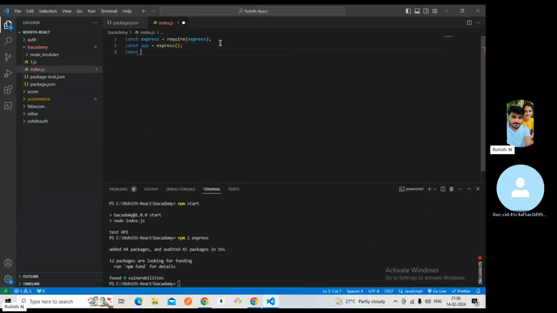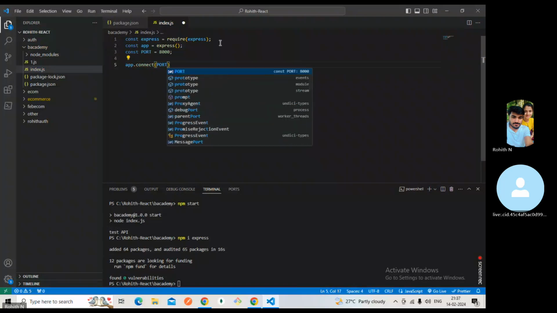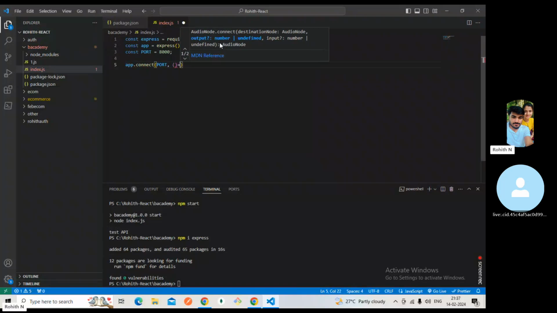So I will create one port with some number. Okay, I will write the port number 8000. Then I will call app dot connect, oh sorry, connect, and I'm passing the port number,